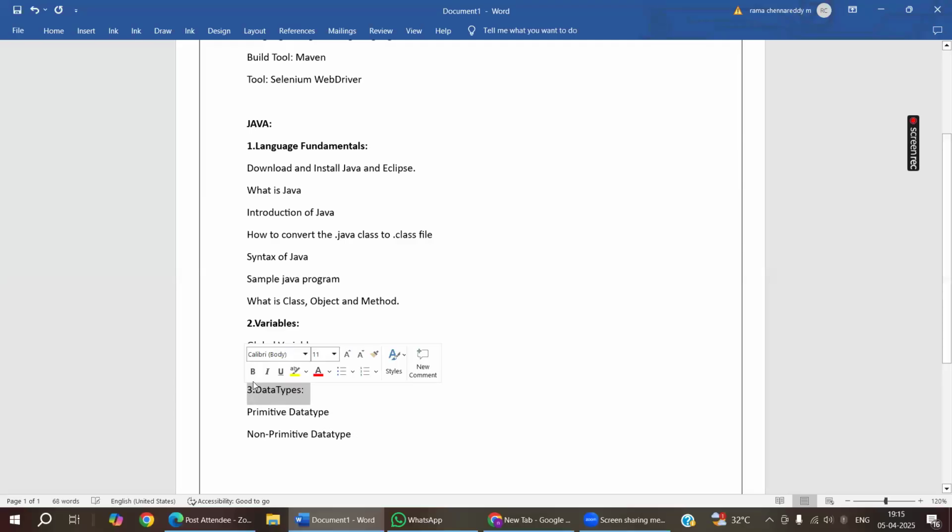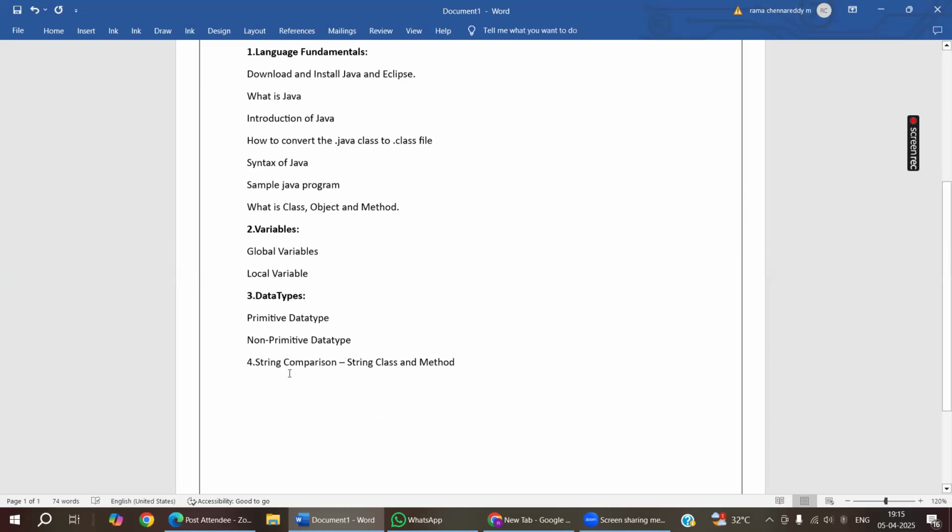Then our topic 4 is string comparisons. You can call it string comparison, string class, or string method. Under this topic 4, we use different types of methods, like the equals method, equals ignore case method,